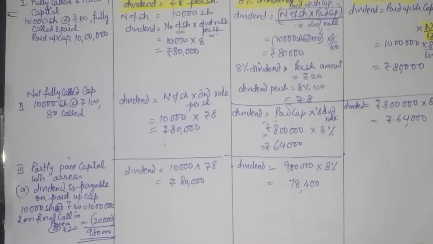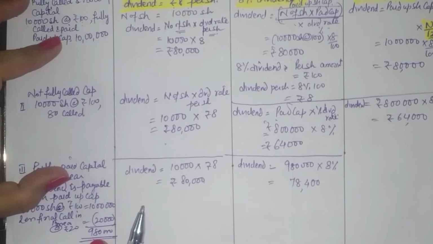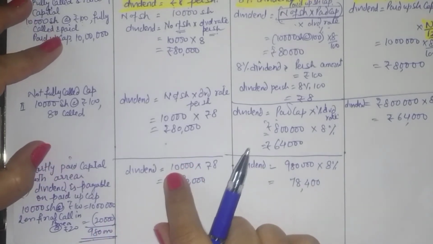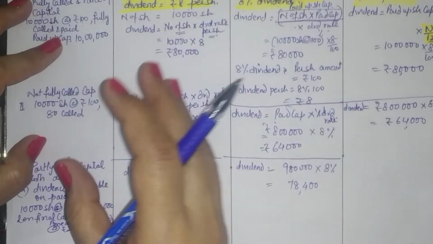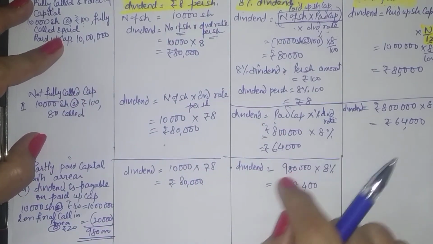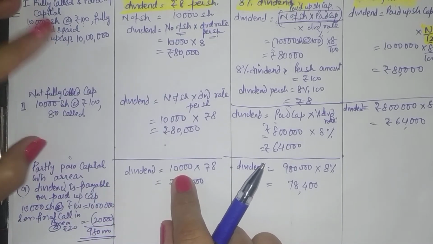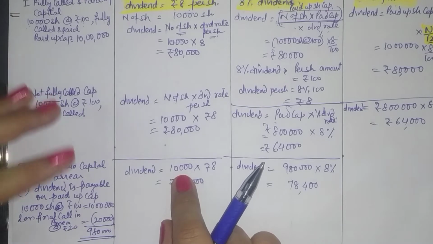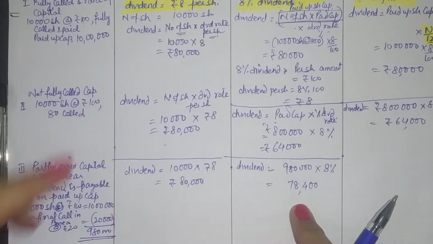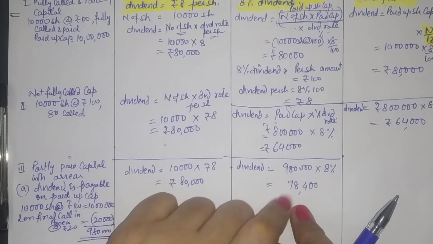Because the dividend is payable on the paid up capital, and because of the arrears, the capital based on number of shares, total capital, will be different from the paid up capital. Your total capital was 10 lakh because when you took number of shares, you are just considering total capital. But herein, when you consider paid up capital, arrears will not be considered. So on the remaining amount, dividend is calculated.